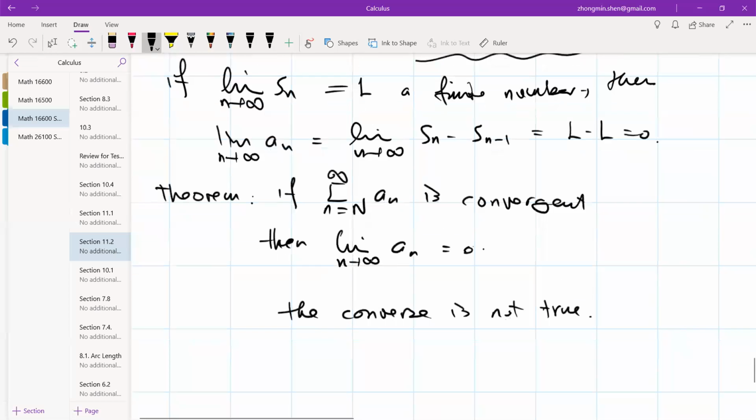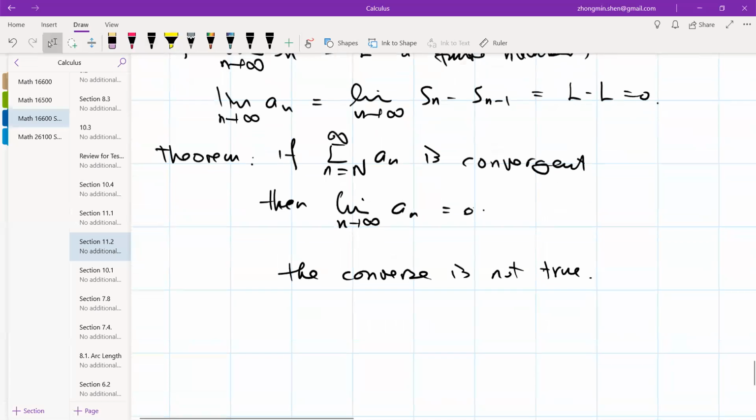But some statements only state the necessary condition, like this one. If it's convergent, then the nth term converges to 0. And conversely, it's not true. But this is already powerful enough to check that something is divergent. So, for example,